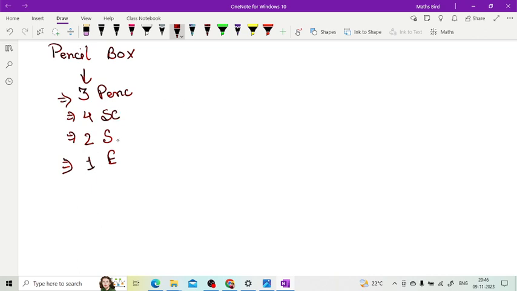This is a scale, this is sharpener, and 1 eraser. Now I am asking to you, what is the ratio of pencil